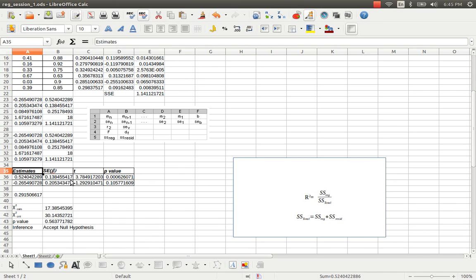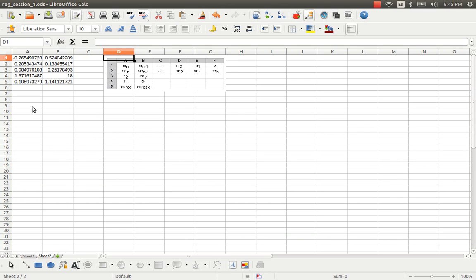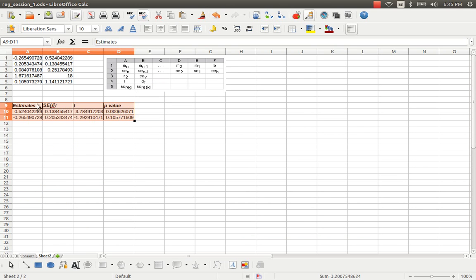In my previous video I showed you how to make the summary out of these measures, and the summary goes like this; straight away we can take it to the report. And now what are these values like and what's going to happen? We already know what beta naught hat and beta 1 hat are, and coming to the standard error for the beta naught hat and beta 1 hat, this is just